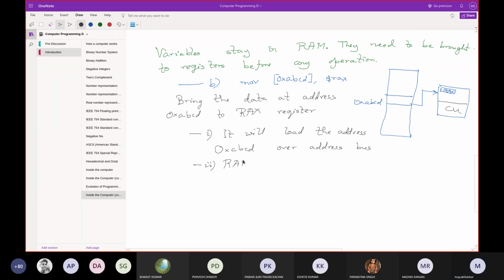RAM sends the data. In fact, RAM does not know whether it is data or instruction. RAM simply has seen the address 0xabcd. It will put on the data bus whatever information is at that address, nothing more than that. Okay, it is only the CPU that knows whether I am bringing information or data. Clear? So RAM sends the data over the data bus,